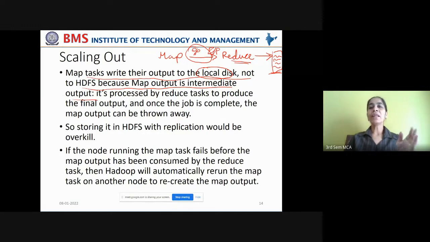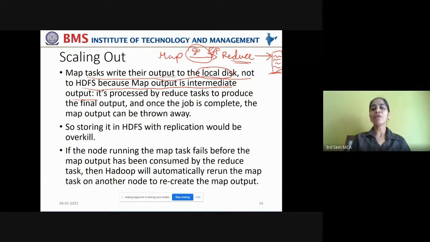Until the reduce job takes the input from the map job, that output is written to a local disk temporarily. Once the reduce job completes its execution, this data on the local disk can be disposed. That is what we are mentioning here.